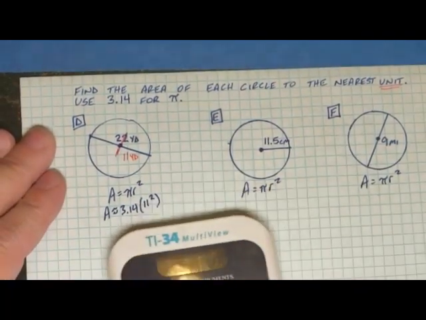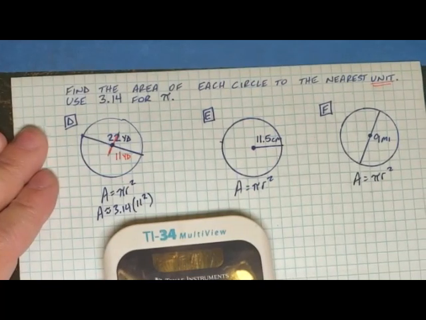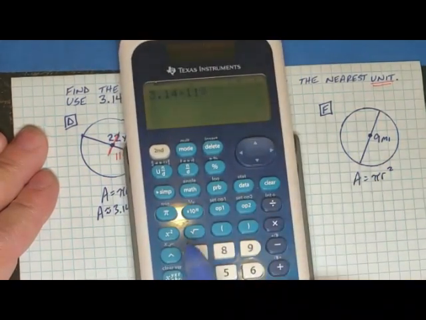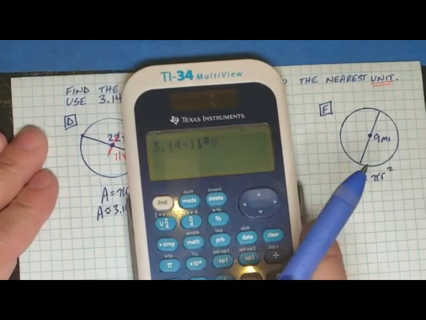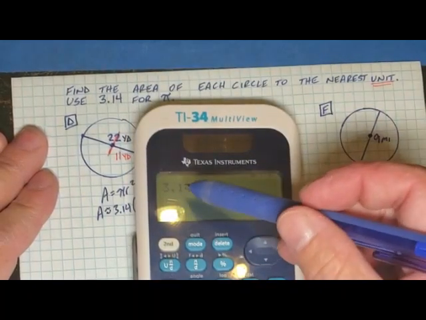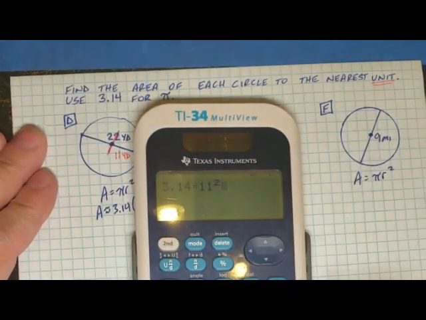All right, and let me show you a different way to do it on this calculator. 3.14 times 11, and you see this x squared. If you hit that squared button, it makes it 11 squared. So 3.14 times 11 squared is